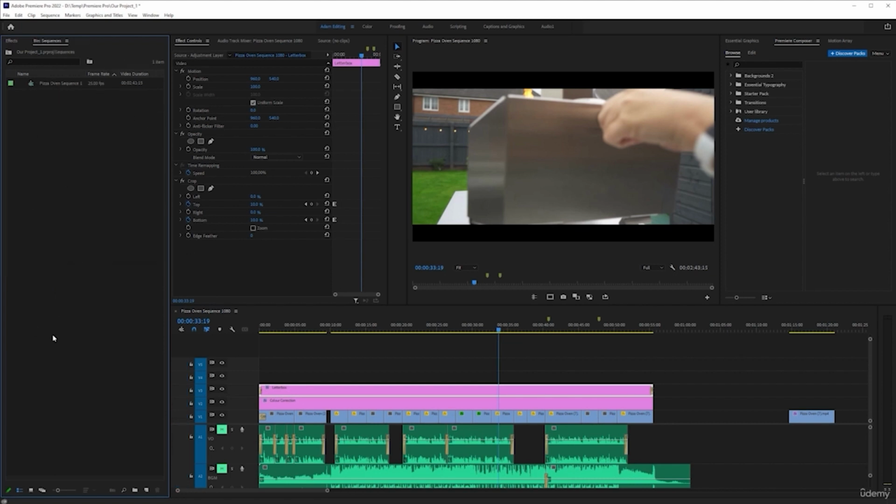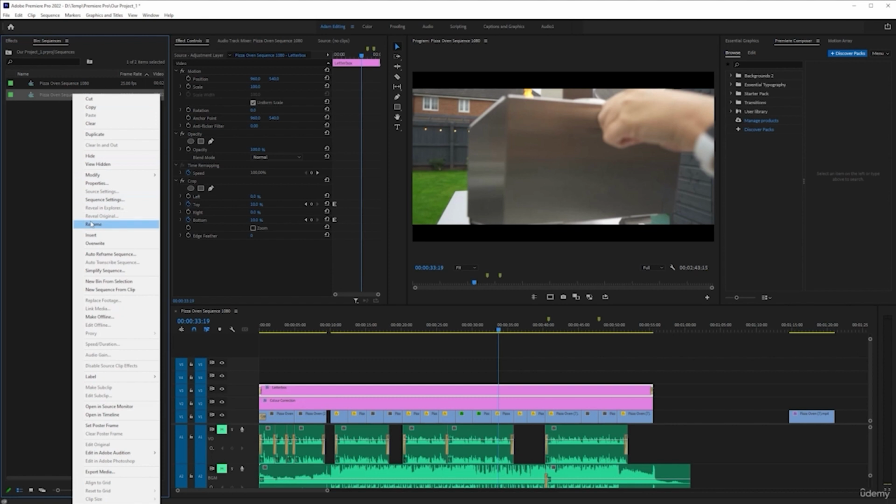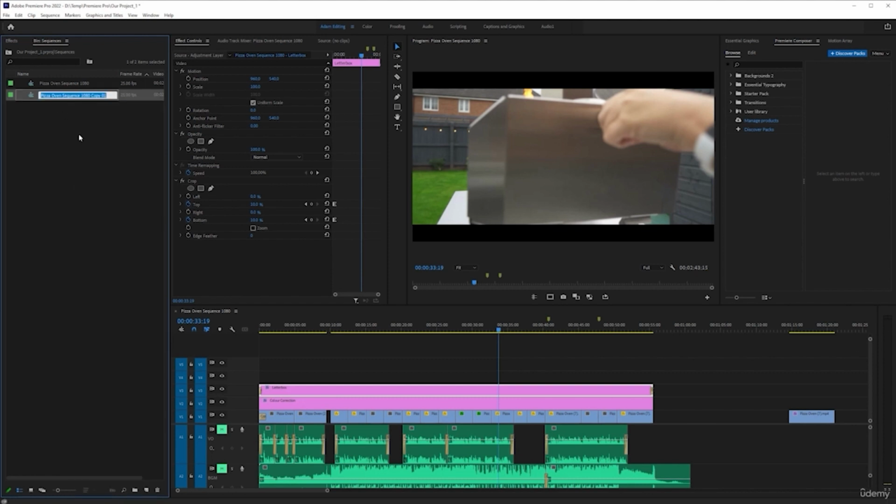So here is our sequence, and when we go back into the thumbnail view, you can see that this is this. So let's duplicate this. That's as easy as just right click and click duplicate. So it's made another version. You can't see here because it's too large and you can't see the text, but if we go to list view and drag out the name, you can see it's called pizza oven sequence 1080 copy 01. So I'm just going to click in here, single click, and then click again, or right click and rename. And I'm going to title this master clip